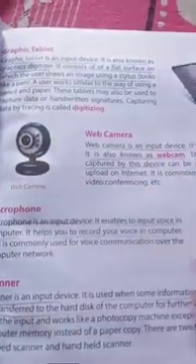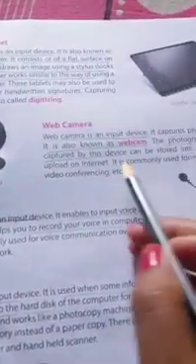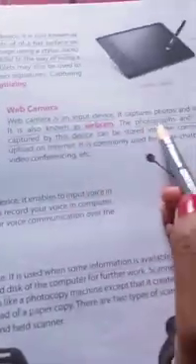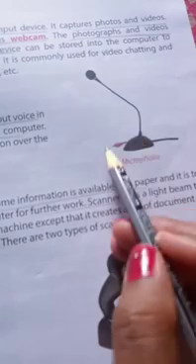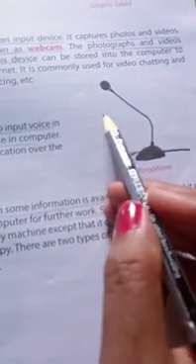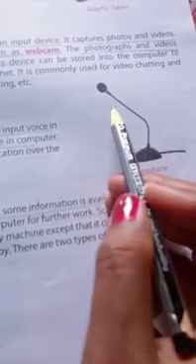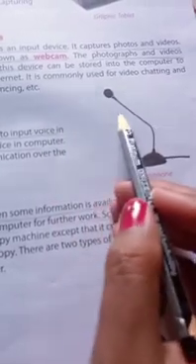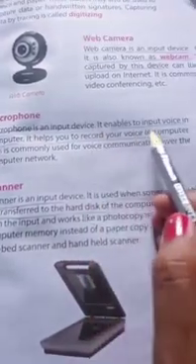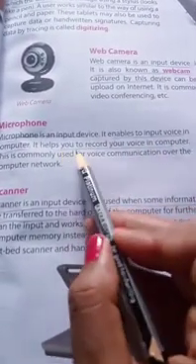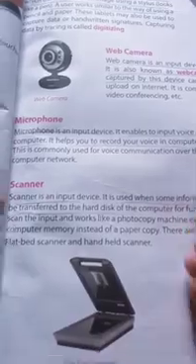You can see web camera, you have seen it in many places. These days cameras are installed everywhere. So web camera is an input device. It captures the information that is going on around and records it, and we can see the information afterwards also. Microphone, I hope you are familiar with this microphone. It is used to capture the sound or audio from a user or anyone. Microphone is an input device. It helps to record your voice in the computer.